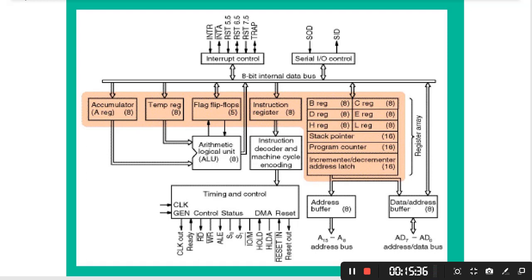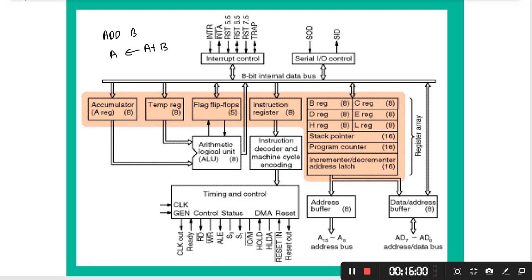So whenever you do any arithmetic operation, for example, if I write ADD B, you are adding the accumulator with the content of the B register, and the result will be in the accumulator. Here the accumulator is hidden. In arithmetic and logical operations, one operand is always in the accumulator.